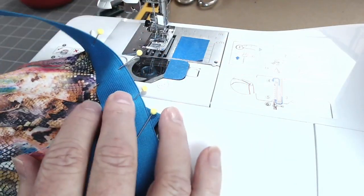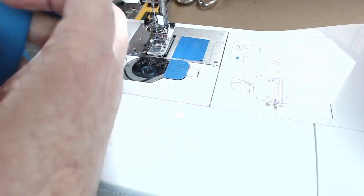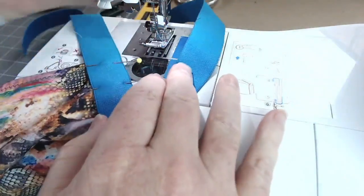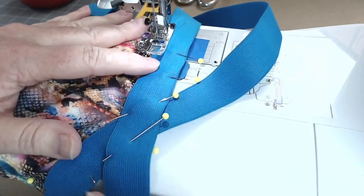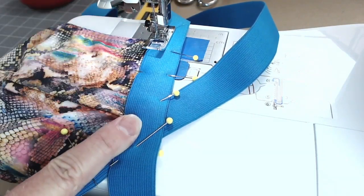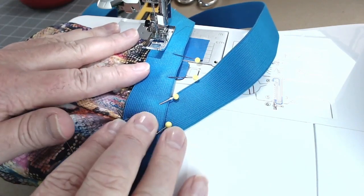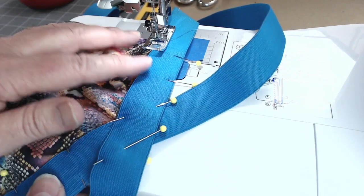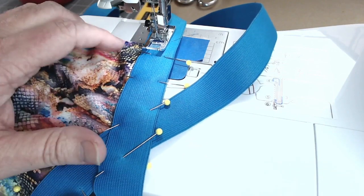Okay, so we're in the machine here, and I'm actually just going to make sure that all of the other elastic pieces are out of the way, and I only have the garment and the elastic part that I need to sew. Now we're going to have to remove these pins as we go, and I'm going to put my needle down here, and I'm going to use a zigzag stitch, the same zigzag stitch I used here for the edge of the elastic, and it's